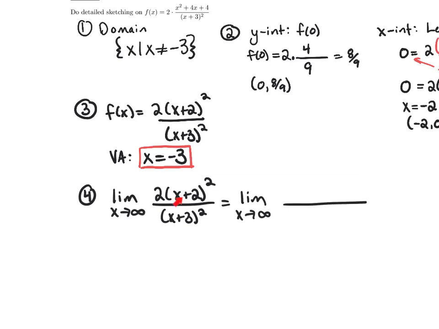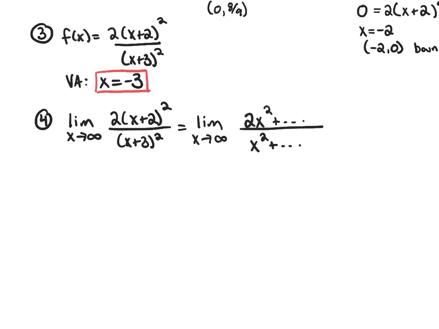When I expand the numerator, I'm going to get x squared plus 4x plus 4, which I already knew, but my leading term is going to be 2x squared. And then I have some stuff. And then in the denominator, my leading term is x squared. And then I have some stuff. Using just our trick of leading terms, this limit is going to end up being 2 because these were equal degree. So my horizontal asymptote, at least on the right,